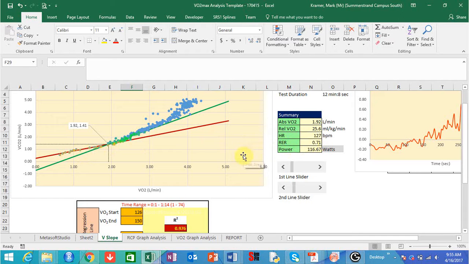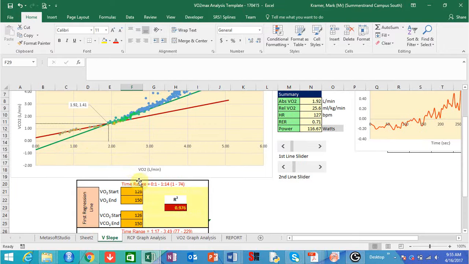It gives you the absolute and relative VO2 at that point, the heart rate, the RER, and the power output at that point. So what we can tell is that the RER, what we mentioned earlier, is that the gas exchange threshold should occur somewhere between 0.95 and 1. So you can see this is obviously way too low. This represents the very, very beginning parts of the test, and the individual hasn't even cycled properly yet. You can see here it's at approximately 0.1 seconds to 1 minute and 14 seconds is where this initial data is looking at. So what I'm going to do is try and ignore those first points